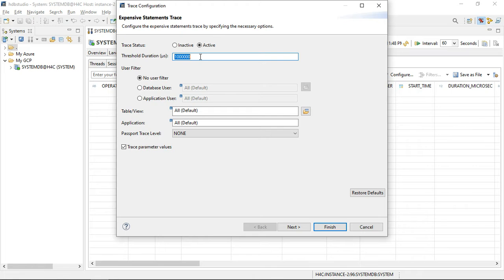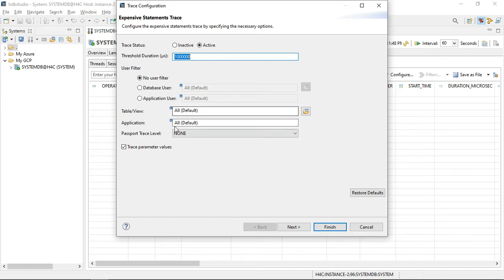The intention of this trace is, if you have any performance issue, any hardware issue, or any resource issue, and you want to analyze the actual expensive statements, then you can get all details from here. Here you have some filters like database user and application user. If you select no user, it will capture all. Then you can apply a filter for table also, and for application.